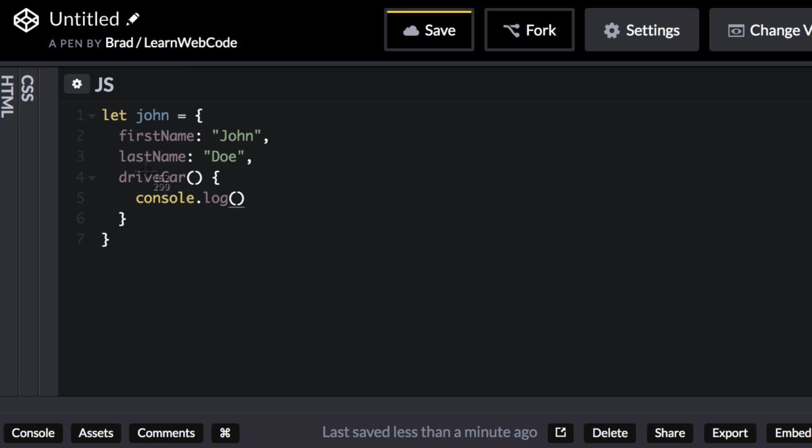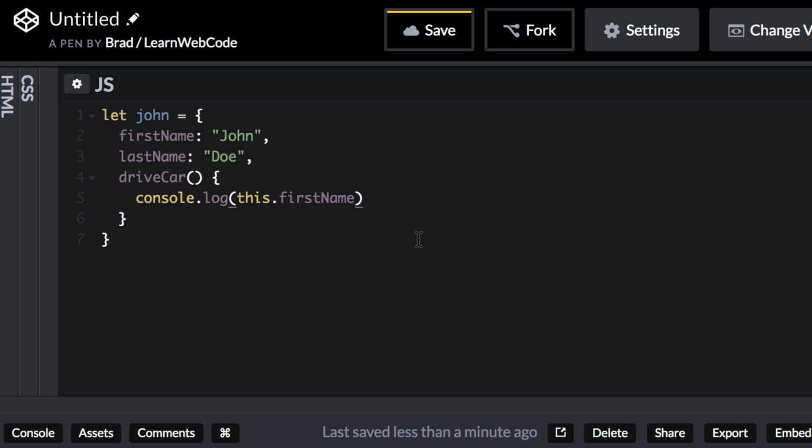So the question is, inside of a method like this, inside this function that belongs to the object, how can we reference this property? Well, instead of just saying first name, we instead want to say this dot first name. Now, the entire topic of context in JavaScript is centered around the this keyword. I will explain how the this keyword works in just a minute, but first let's finish out our line of